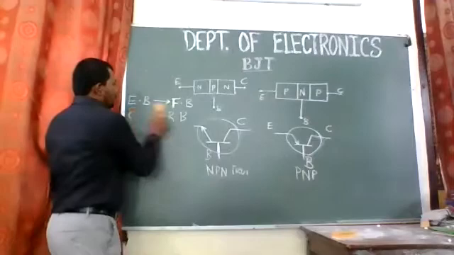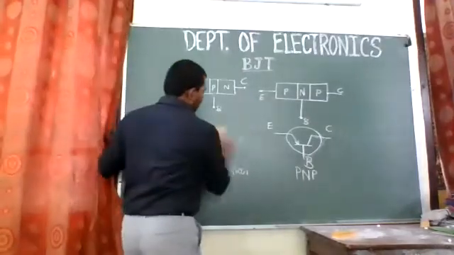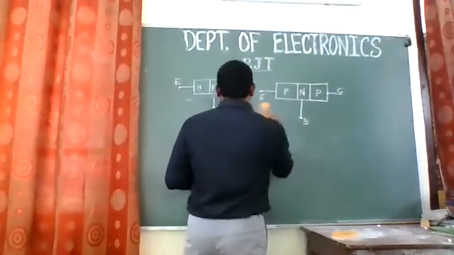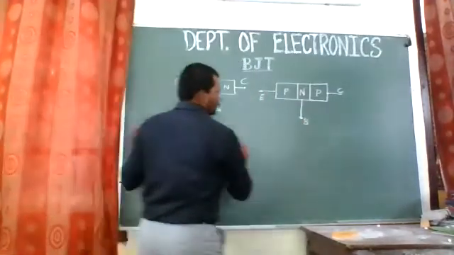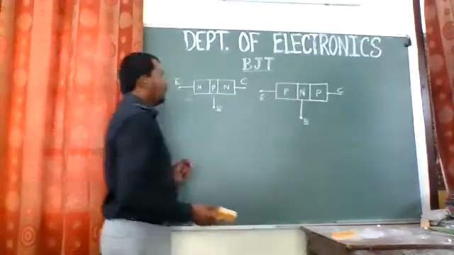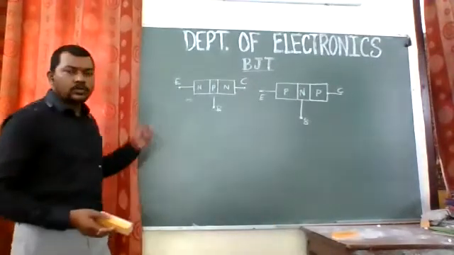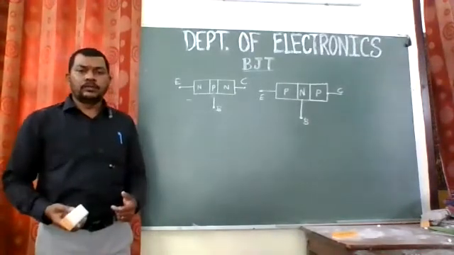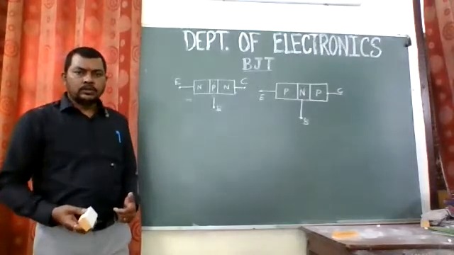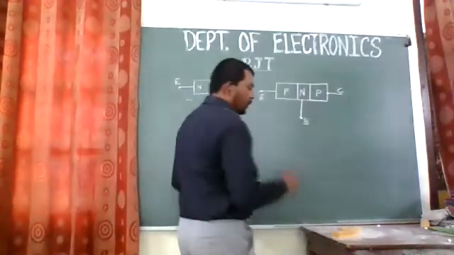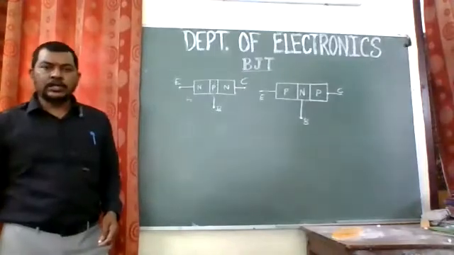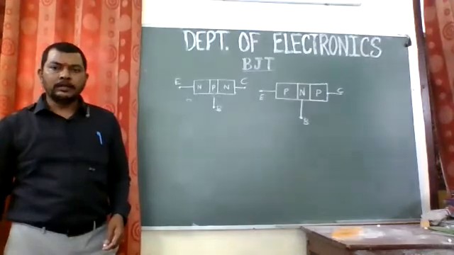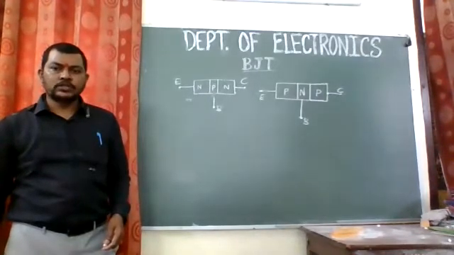Give me a moment. I will just rub this and we'll be using both the diagrams. Can you tell me which transistor can be used? If you can unmute yourself and let me know which transistor we can use, I will explain one of them and you can try the second one. Which transistor should I try? I expect that you should try the other one for biasing. Anybody? Unmute yourself and let me know.